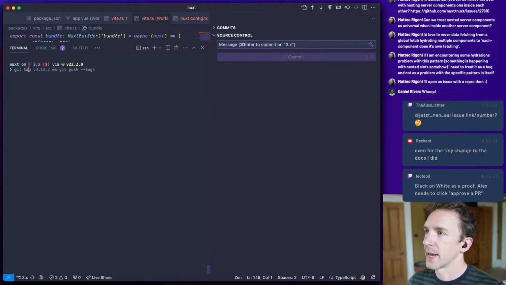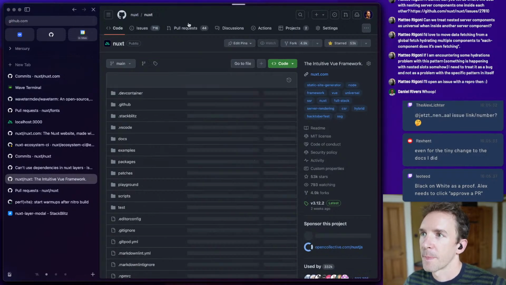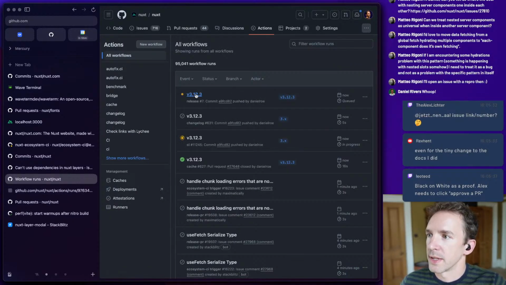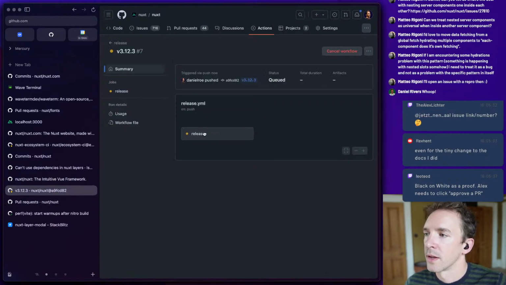So all I have to do is add a tag like that. Boom. And that should release it. So we now should have a little action running, which is this release action. And that should just magically release it.